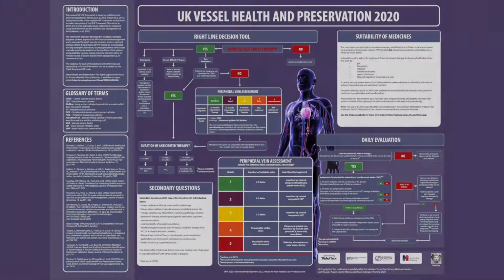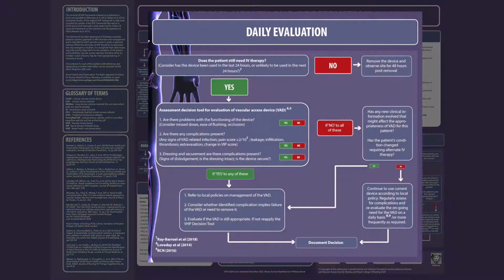is used. The final element of the framework describes how an approach to daily evaluation of a vascular access device can have an impact on future device choices. Although what we have described up until this point is an evidence-based approach which is appropriate for patients in general, it will not be right for every patient every time. And it is vital that early recognition of problems with a particular device should prompt re-evaluation of whether that device is right for your patient, or whether it is appropriate to choose a different device in light of the complications